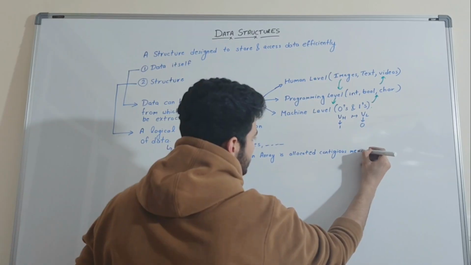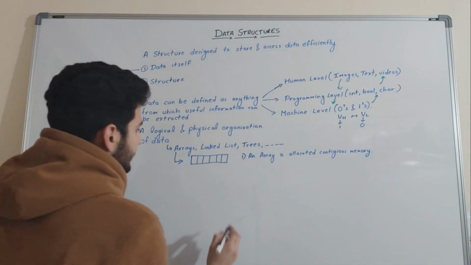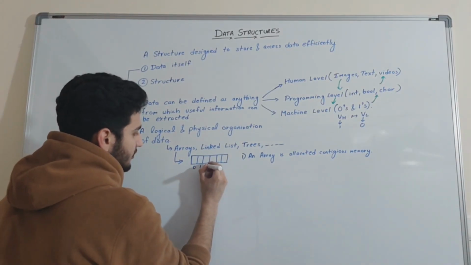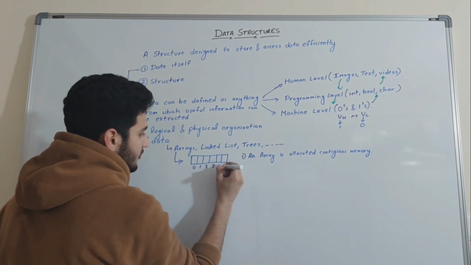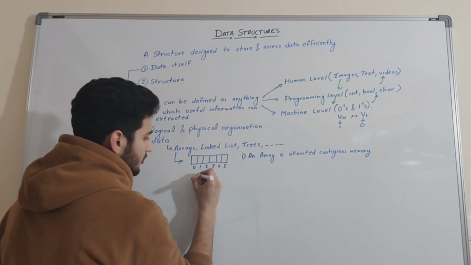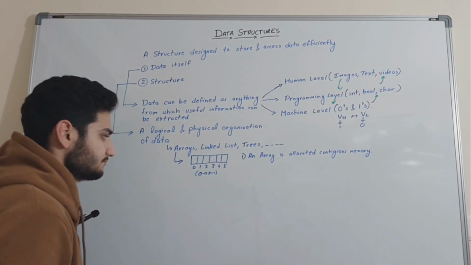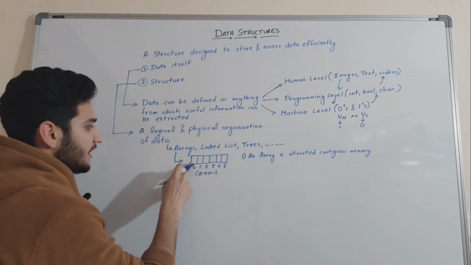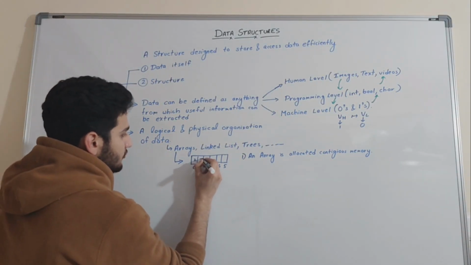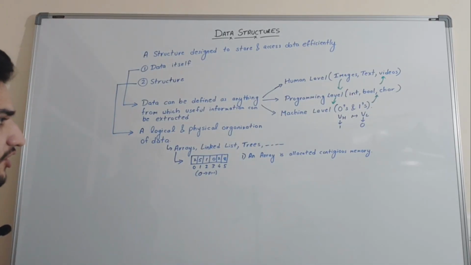An array is allocated contiguous space in memory, which means that if I index this to be 0, then this will be 1, 2, 3, 4, and 5. So the indexes will go from 0 to n minus 1 if the size of the array is n. Now we can hold any of the data types in the array. So I can hold 2, 5, 1, 0, 2, 8. This is how I can hold